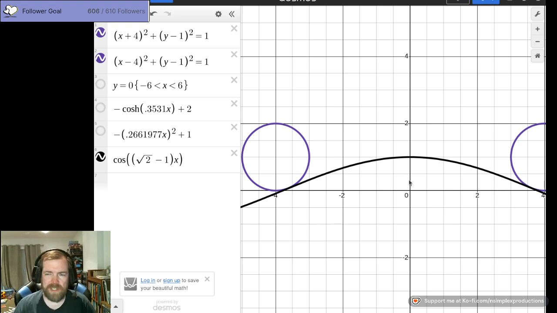I don't think there's a nice physical way to make a cosine in the same way that you can make a hyperbolic cosine. Even a parabola, right? Fairly simple to make these things work. Not entirely sure how to make a physical parabola that would be better than finding where the directrix and focus are. Which, again,